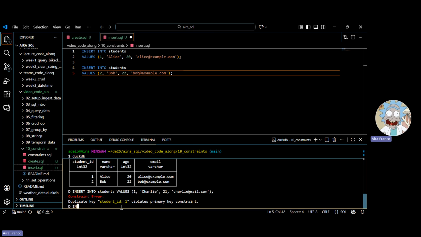I will insert into students with the values of, we can do the third student, so no name. This line should give us an error, the null. We can do age 22, and we can have